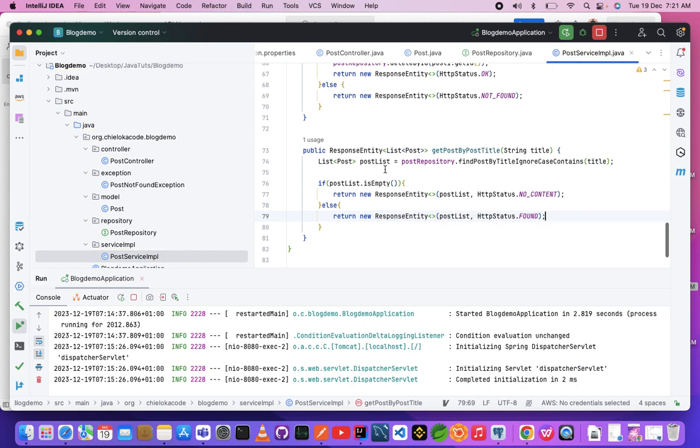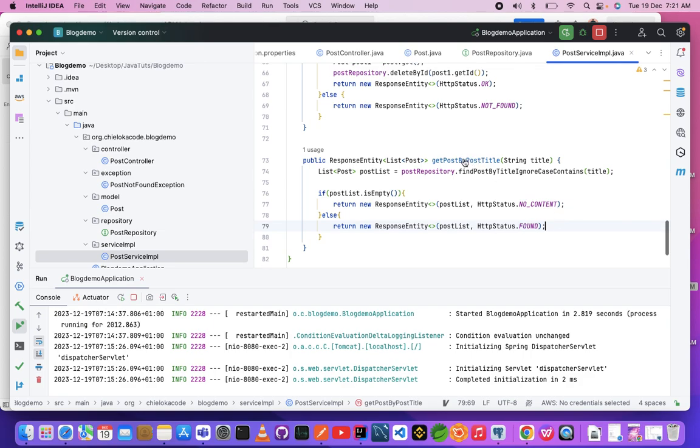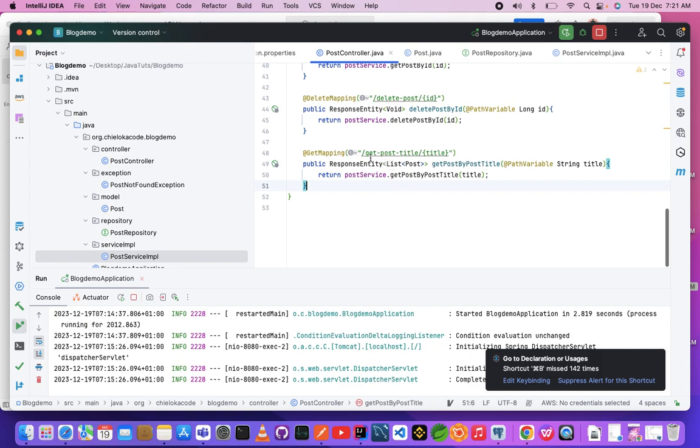So that's it, guys. So if the post list is empty, it tells us that the post has no content. But if there's something there, then it will just return it for us with an HTTP status of found. So guys, that's it. So going back here, we've just taken this endpoint here, and then we'll go to Postman,